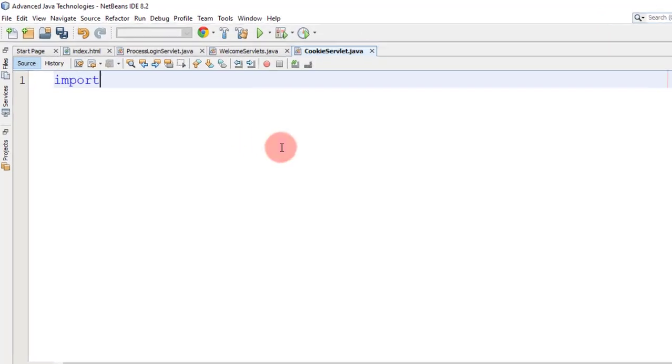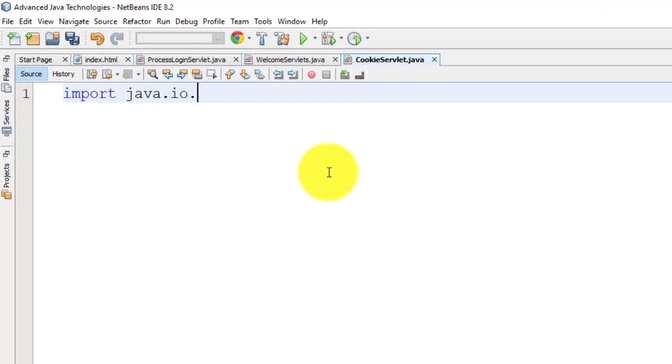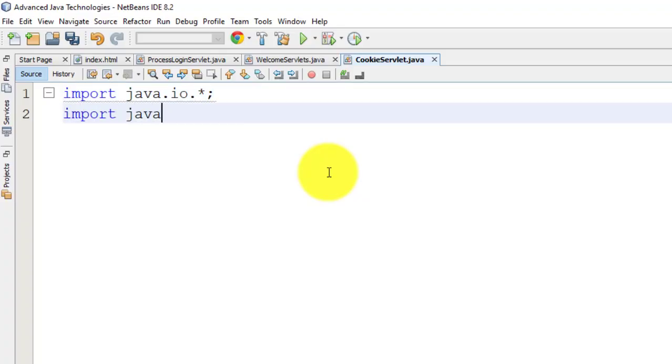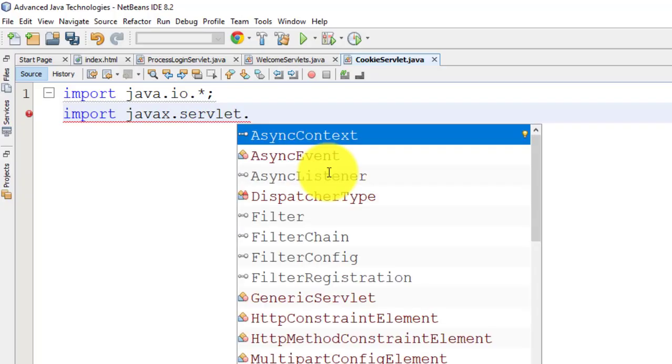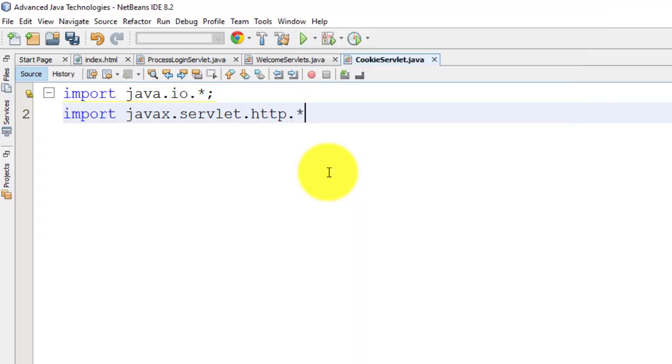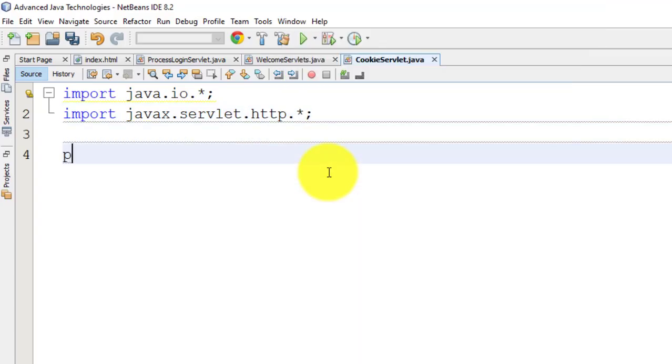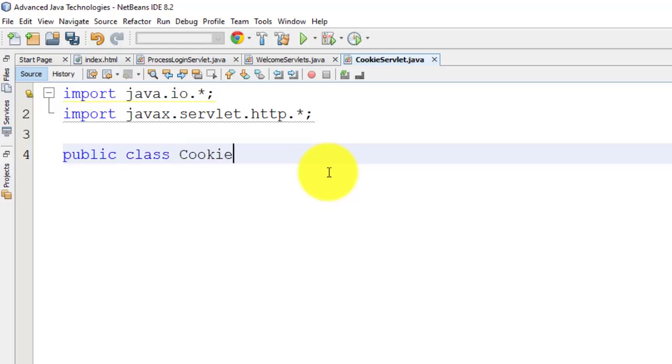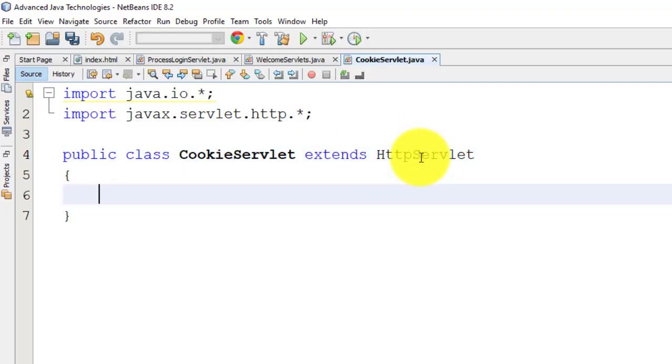Now we first import the java.io package for input output and then we import the javax.servlet.http package for cookies. Now we create a class, public class CookieServlet, same as the file name, which extends HttpServlet. There are two types of servlet: one is GenericServlet, the second one is HttpServlet.